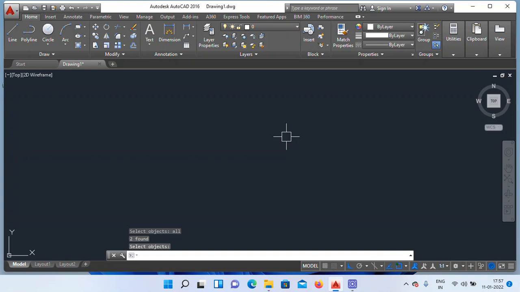Next command, the option command. The option command is used to increase the selection point or decrease the selection point, and is also useful to change the screen color, the drawing area color, either into white color or black color, or green color, right?